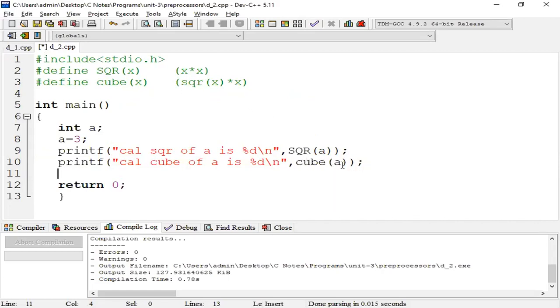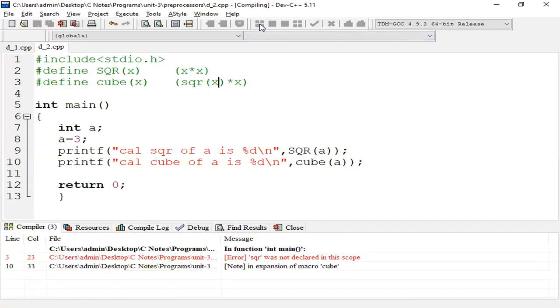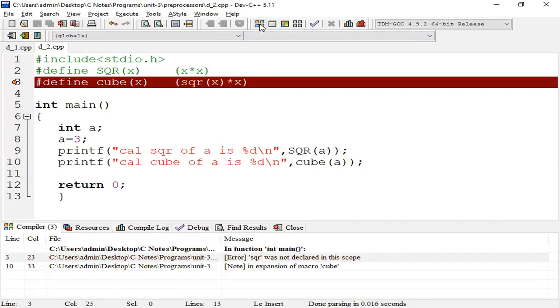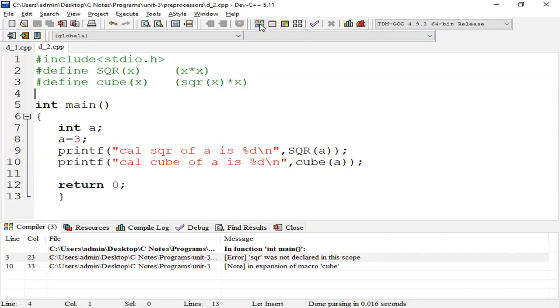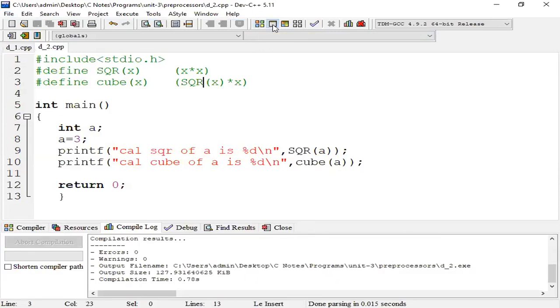Cube of 9 into 9 into 3, now 3 into 3 into 3, 3 power 3, so that is the value. So in that way we can apply cube. Here I used a small case letter, so that is wrong. SQR. Okay, a value is 3. Now a square equals 9, a cube equals 27.